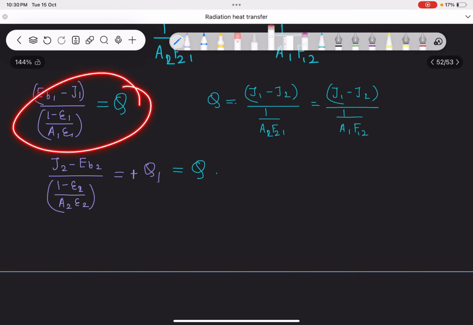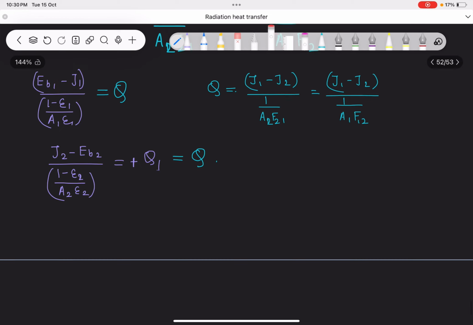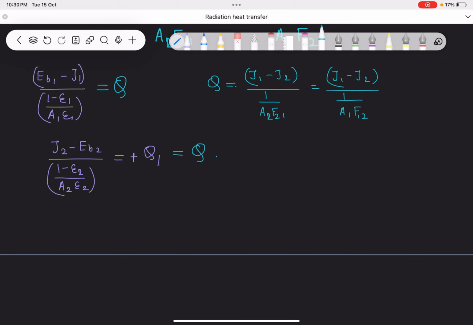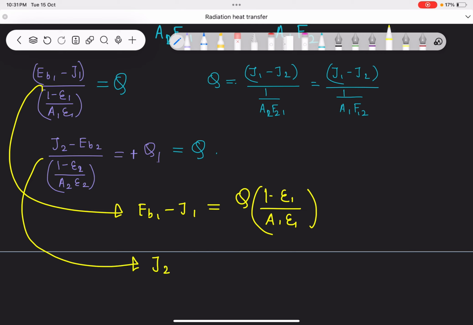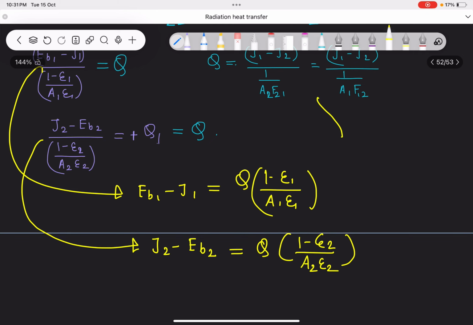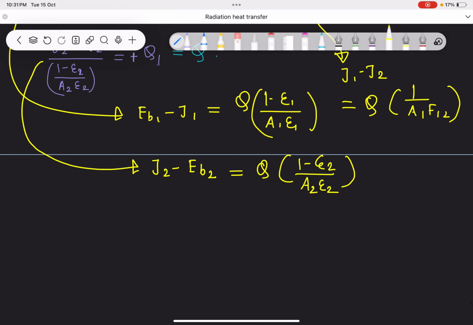Now you have these three equations. I hope that you are intelligent enough to eliminate these J's. This is not a very big step. From this equation you can always write EB1 minus J1 is equal to Q into 1 minus epsilon 1 by A1 epsilon 1. From this equation you can always write J2 minus EB2 is equal to Q into 1 minus epsilon 2 by A2 epsilon 2, and from this equation you can write J1 minus J2 is equal to Q into 1 by A1 F12. So add these two,